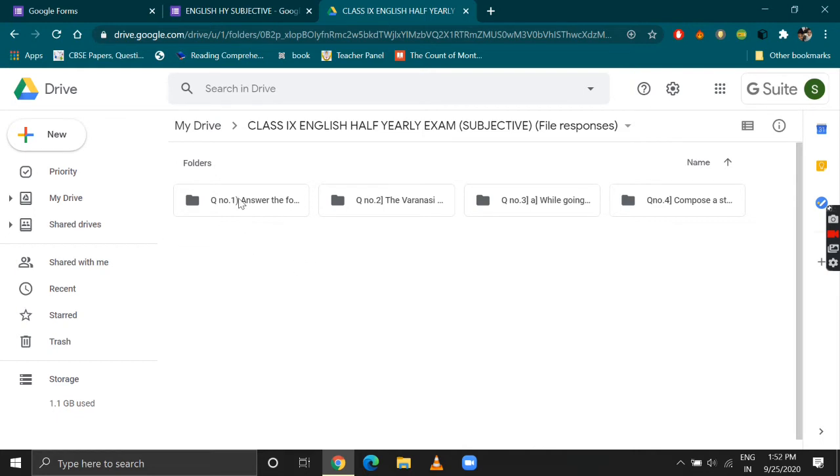That means if I click the first folder, all the responses to question number 1 will be visible to me. Similarly, if I click number 2, all the responses to question number 2 will be visible. That will make it easier for us to view and edit the documents, or doodle on them. That means to correct them.